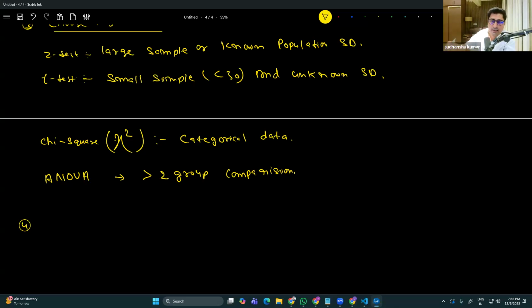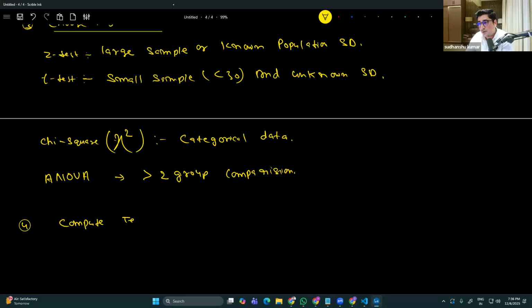Now, here in the fourth step, and again, this is a general procedure which I'm going to define, and this is a procedure you are going to follow for doing any kind of test and to prove or disprove anything in the statistical world. This is going to give you a very clear idea of what is next that I have to do. So once you are able to choose a particular test, you have to